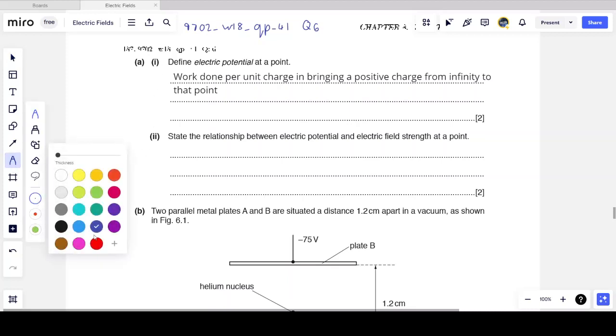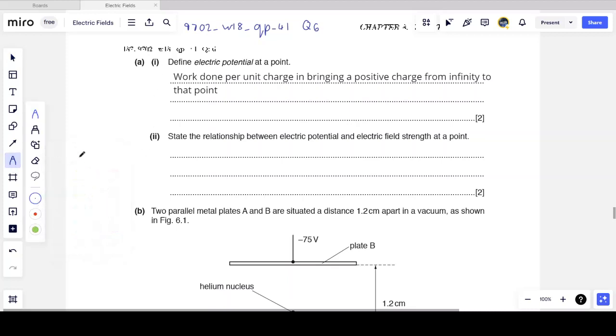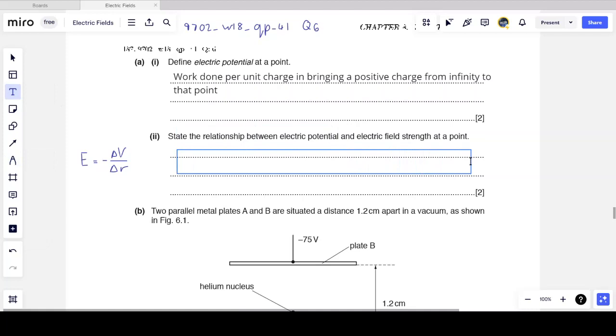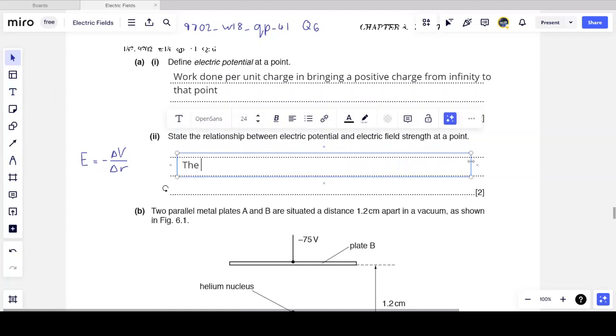Now, you may have seen this mathematically, or you may have seen it in words. Since we don't do calculus, we simply write it as the electric field strength is minus delta V by delta R. So in words, how we would write this is we would say that the field strength, E, I need to write that mathematical equation in words. The field strength at a point is the negative, I have to write the word negative to include the minus sign, of the